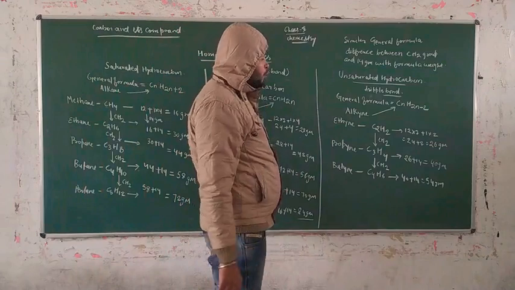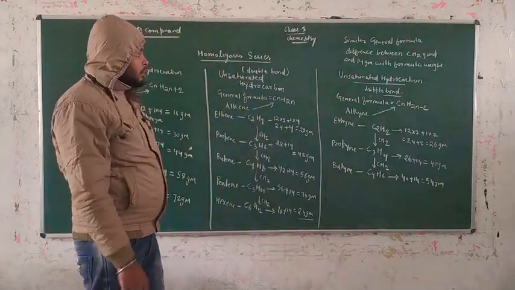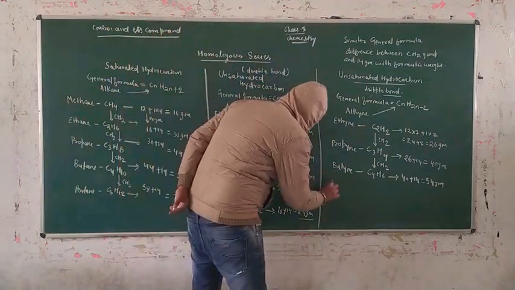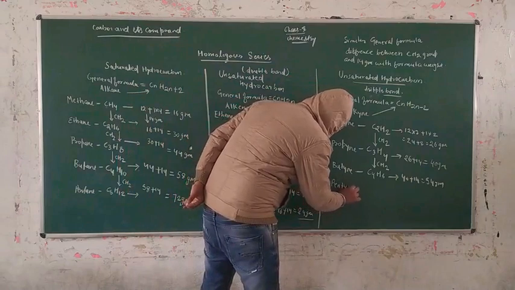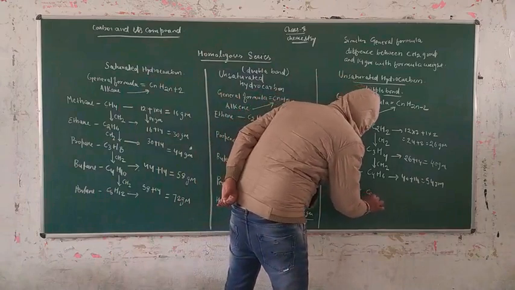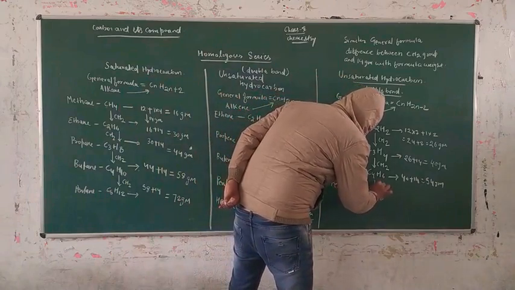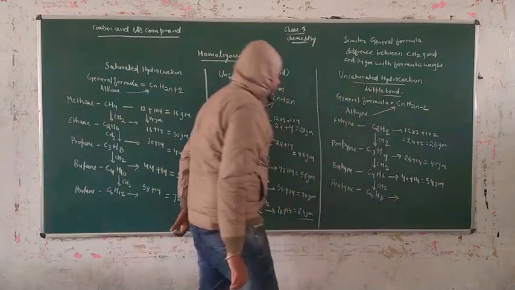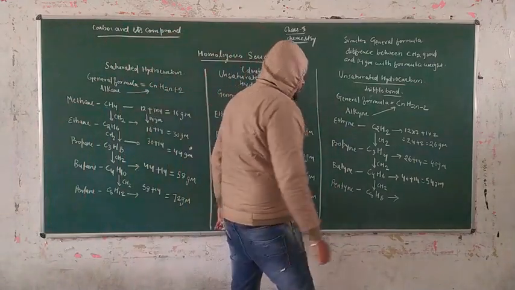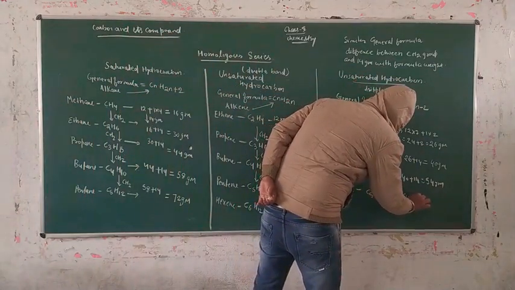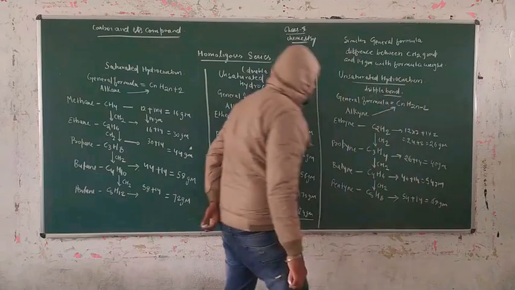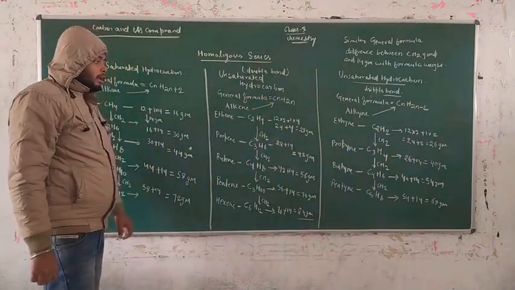Another one, you have to prepare the next family member of the homologous series of alkyne, that is pentene. In terms of the pentene series, the formula is C5H8, again with a CH2 unit increment. That means carbon goes from 4 to 5 and hydrogen goes from 6 to 8. And we add 54 plus 14 again, that is 68 grams, which is the formula weight of pentene now.